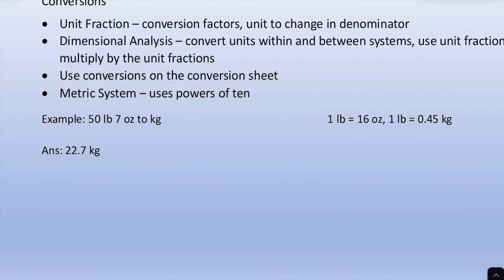Let's do another one. 50 pounds, 7 ounces to kilograms. So if you know that 1 pound is 16 ounces, and that 1 pound is 0.45 kilograms. The relationship there is between pounds and kilograms. So you can also even say, since a pound is 16 ounces, that 16 ounces is 0.45 kilograms. Okay? So 50 pounds